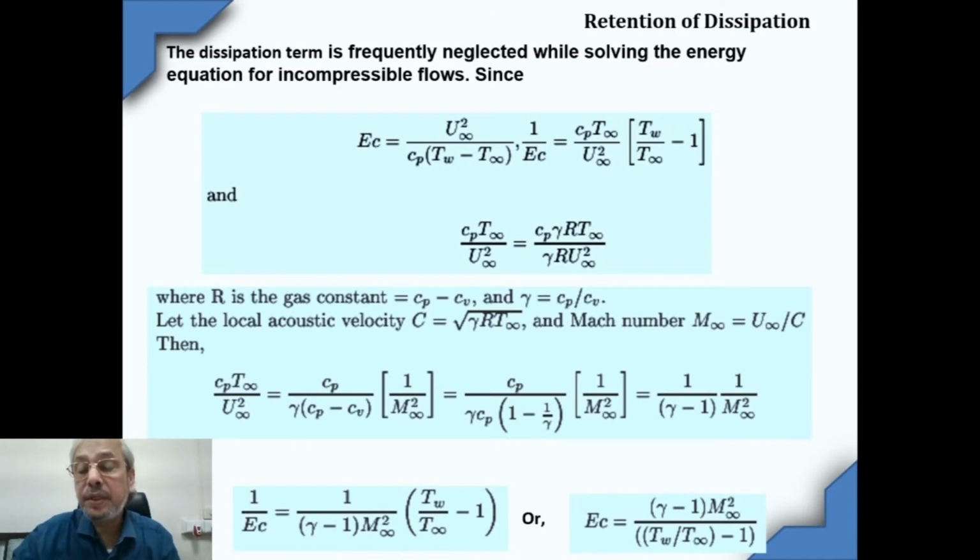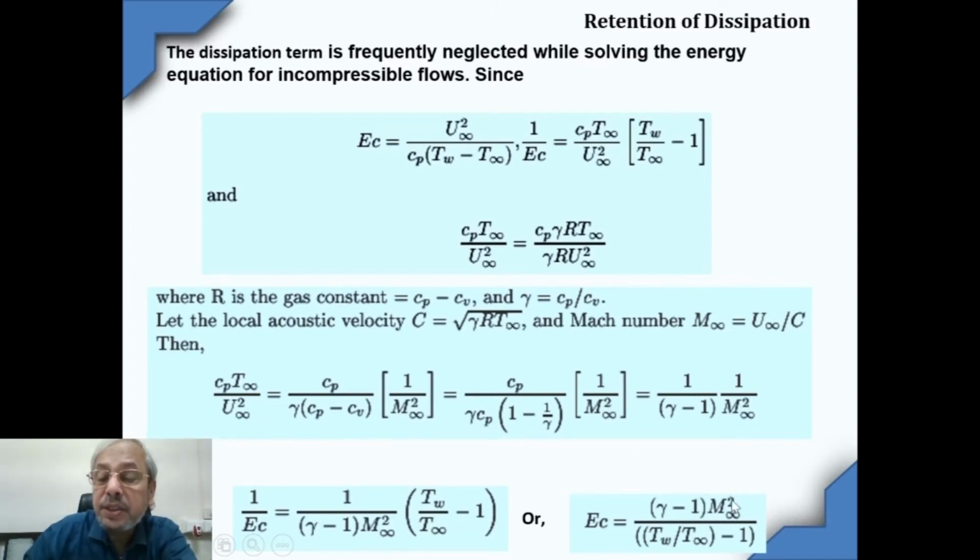Even if we take 0.3, it is 0.3 square. It's a small number. And finally, divided by the temperature ratio, which may be 1.8, 1.7, whatever, minus 1. This is also a small quantity, or if the temperature ratio is maybe 2, then it will be 1. So whatever the denominator, we can see that the numerator is basically